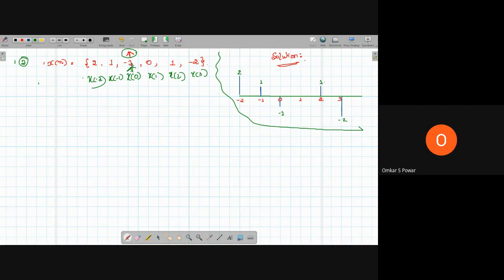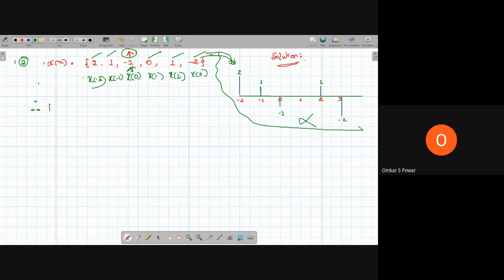Okay, so if you want to plot this and observe whether it's a power or energy signal, we can plot. What is the value of x at 0? Minus 1, and x at 1 is 0. Then x at 2 is 1, x at 3 is -2. Similarly, 1 and 2. This is like what you have done in your 10th standard, you're just plotting simple things here. Now, observe whether there is a periodicity, a repeating pattern like previously. No. So, what is this signal?